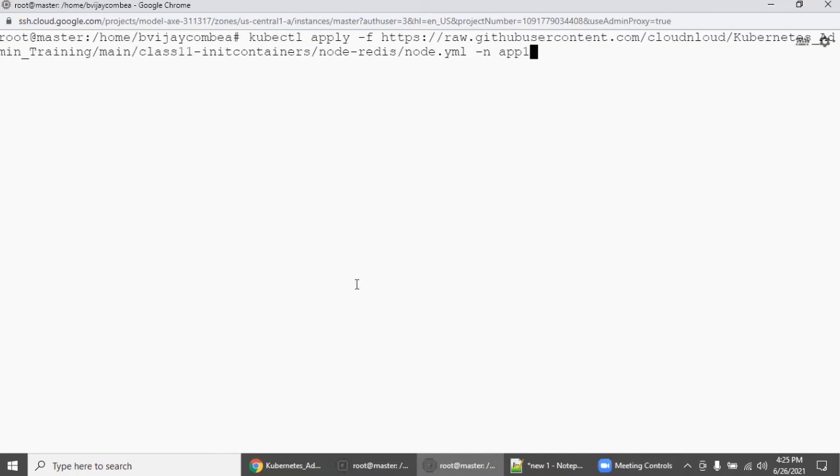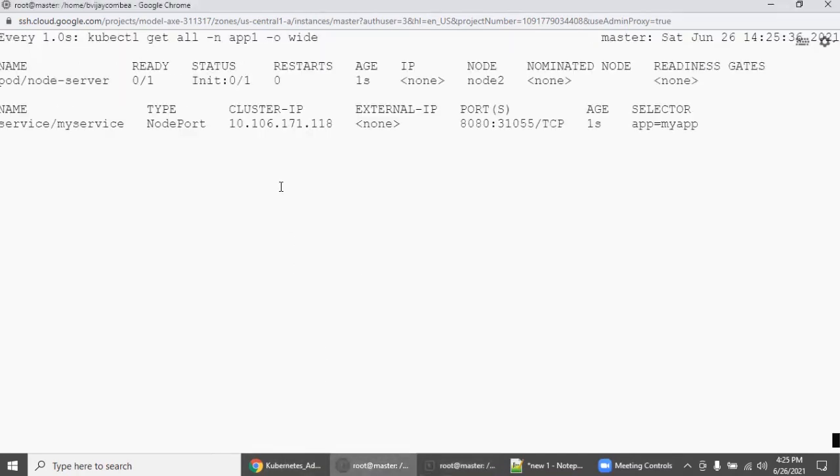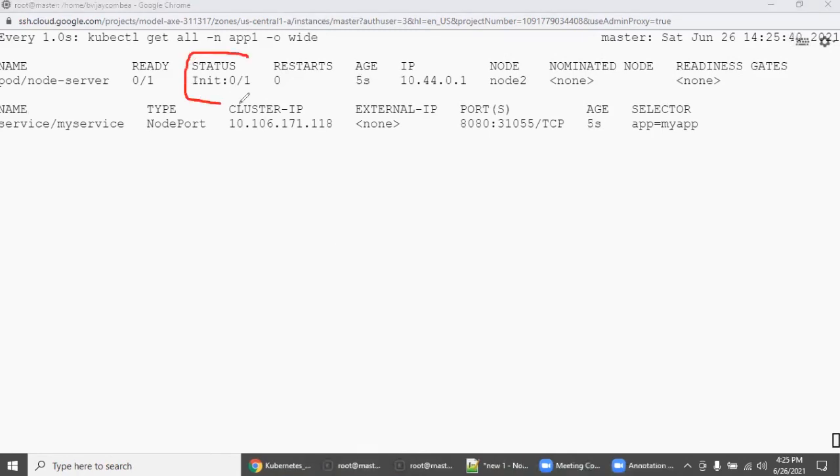The moment you apply, you come back and see here, it is showing init status because it's trying to reach the 6379 port on Redis. We haven't deployed it. Assume the server is the problem, or I'm not able to reach the port. During the learning, we are simulating this to have a better understanding, right? Now you are clearly seeing init state. It's not running state. That means I'm not in a position to take any request, right?